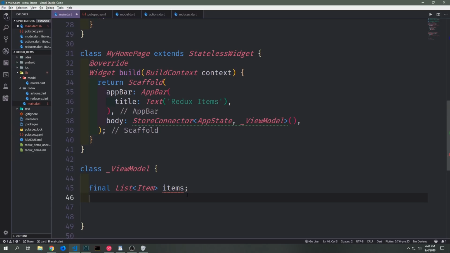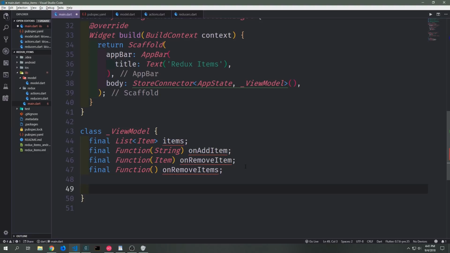So we can create a field which will hold this list of items, which we'll just call items. And because I'm going to generalize this view model, I'm also going to add 3 functions to our view model, which will represent the actions that the user has to take to call one of our actions. So we'll have a function that takes in a string, and this will be bound to